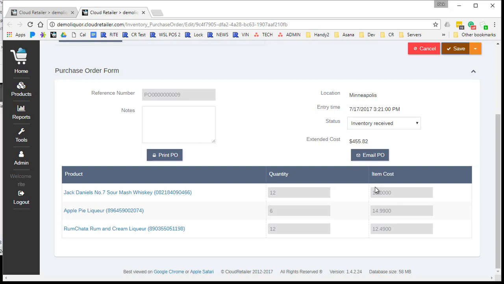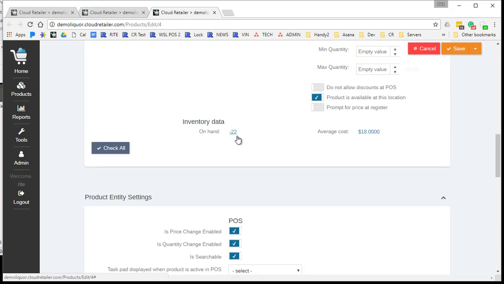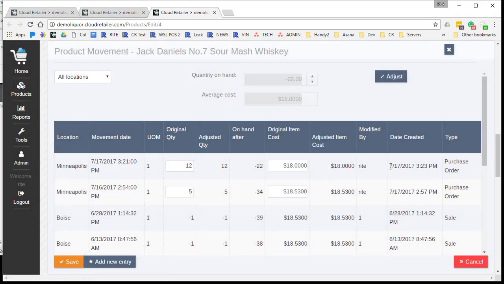I can't change the quantities anymore. I can't change the cost. I can change the notes. But once you do that, then your inventory levels are updated. And as a matter of fact, if I drill down into a product's record, we can go in here and we can actually see the purchase order that was just received